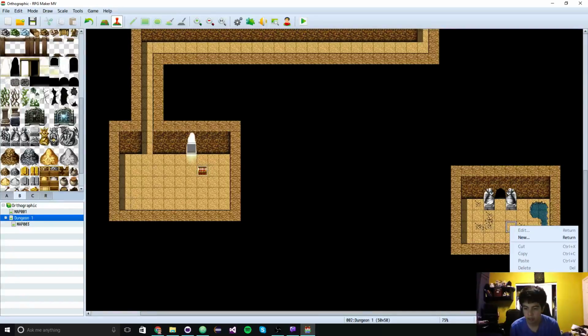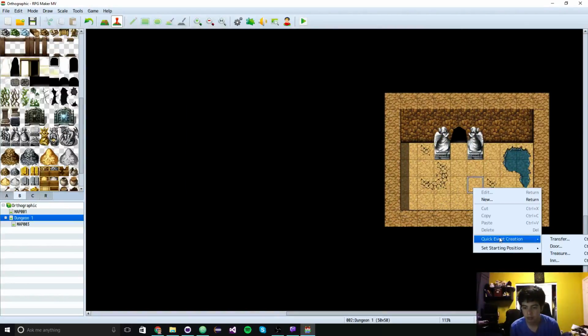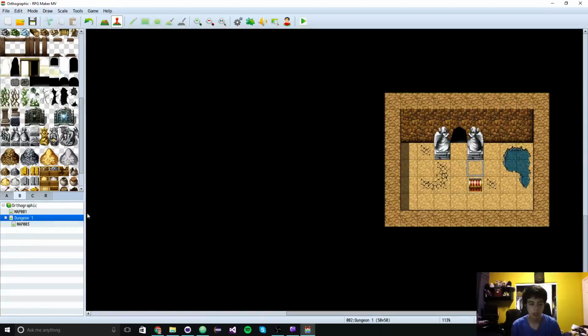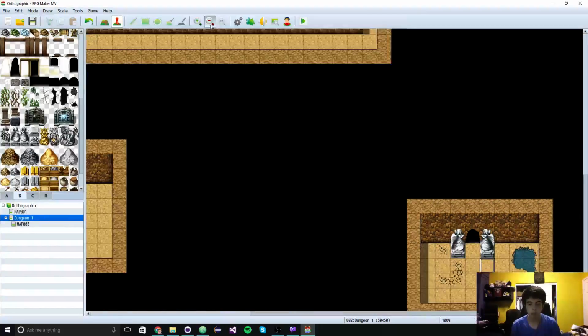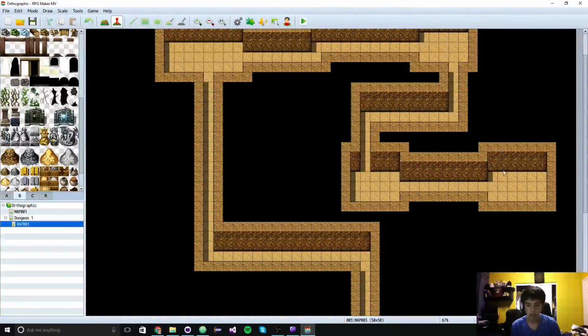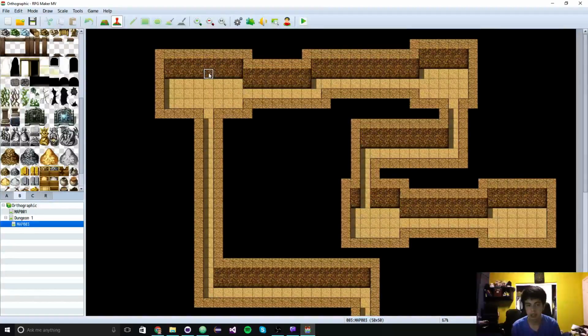You're kidding me? Oh, that sucks. Oh, RPG Maker. There we go. Quick event creation. Treasure, and make it have like 100 gold. Ooh, it's a lot of money. Okay, and then, right? So let's zoom back out, and then you go in here. You find, say you click on here,